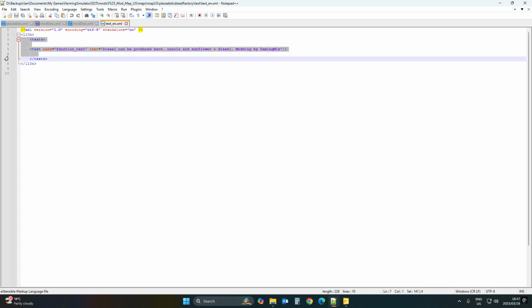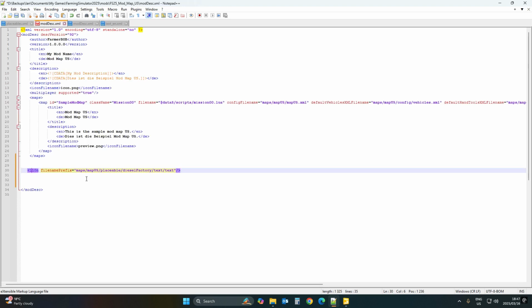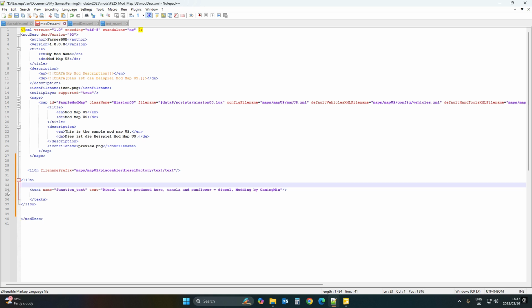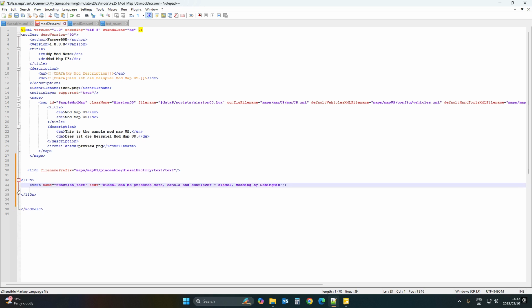It's actually much easier if I just do this, copy this, Control C, go into my moddesk for the map, and just drop it in there. I don't need to have an L10 directory, and then I can just get rid of the text like that. That's much better, because now I save a bit of routing and all kinds of stuff, you know,